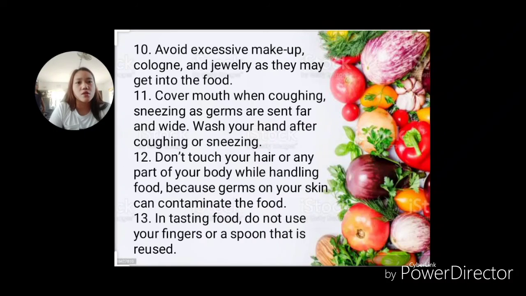Cover your mouth when coughing, as germs are spread through the air. Wash your hands after coughing or sneezing. Don't touch your hair or any part of your body while handling food because germs on your skin can contaminate the food. In tasting food, do not use your finger or a spoon that is